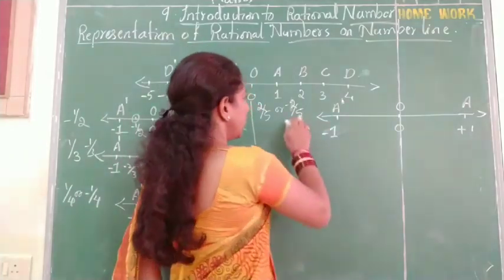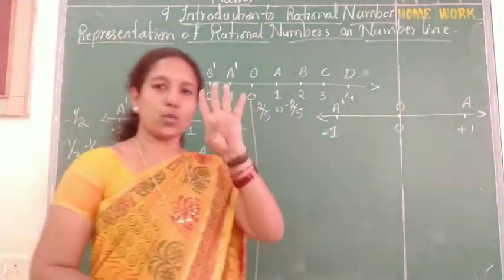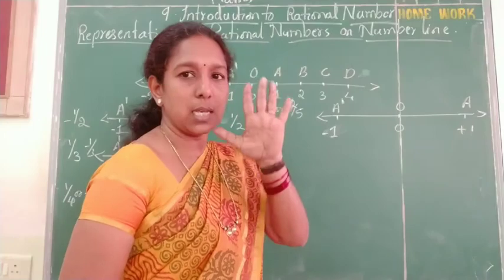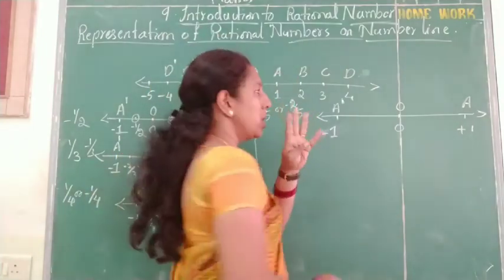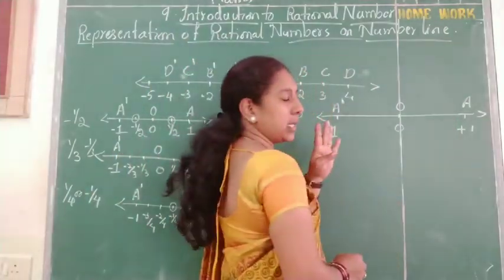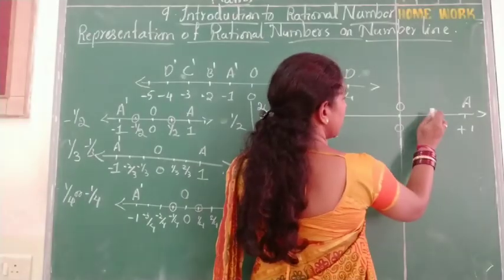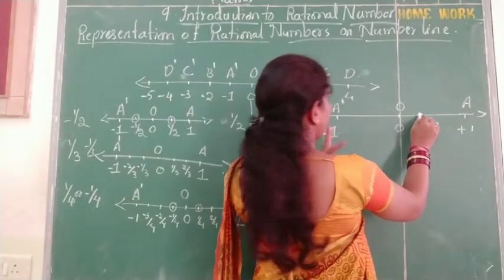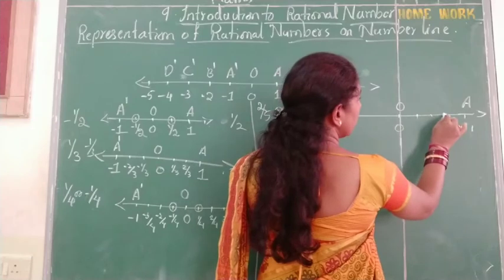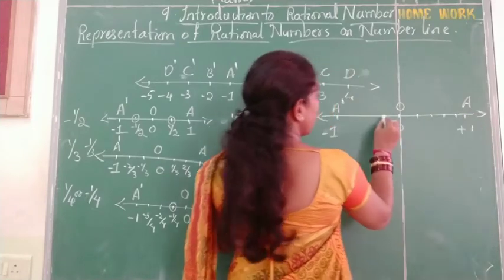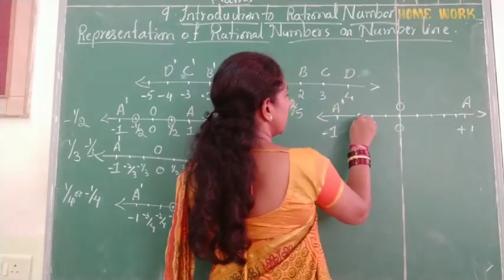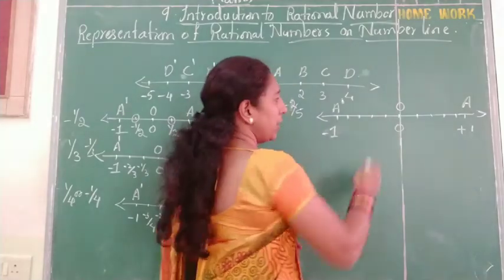Okay, so in the denominator 5 is there. So 4 points I have to put, 1 less. So 4 means I cannot take it here in the center. So what I will do? In the center I will leave, and then 4 points. 1, 2, 3 and then 4. Here also 1, 2, 3, 4. Okay, on both the sides.